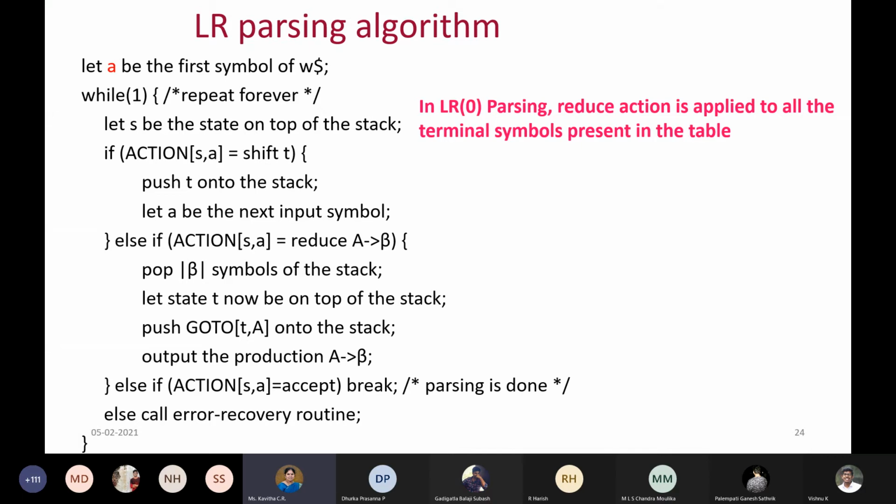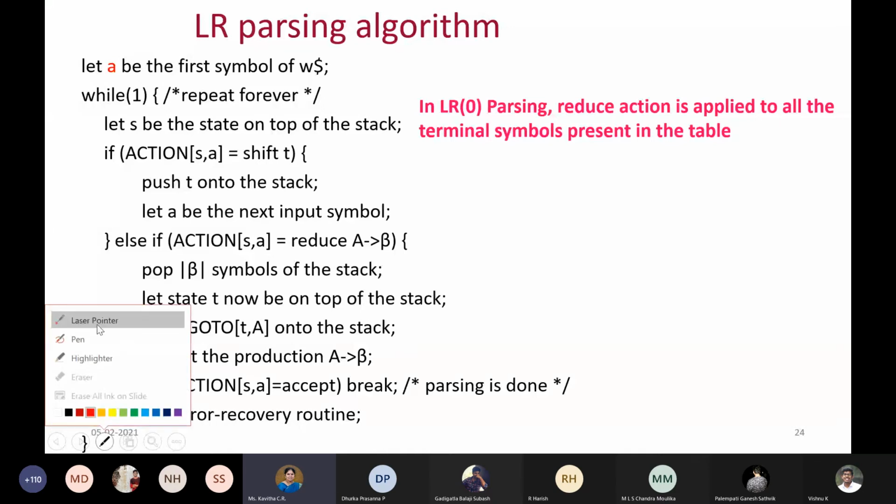Whether I perform the shift action or the reduce action, you'll have the current state on the top of the stack. So that only will decide the next action. One thing is what is there on the top of the stack, which you are reading, and the other is what you're pointing to in your input buffer. Right now I am pointing to the symbol A, and that's what I have to see now.